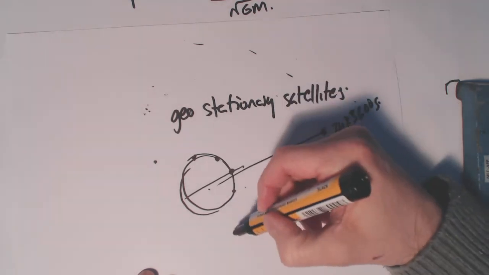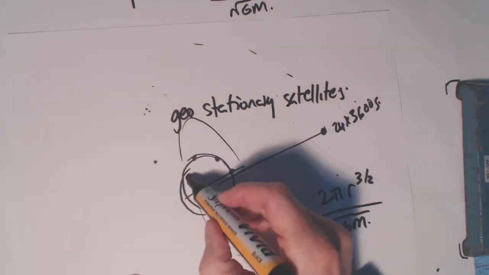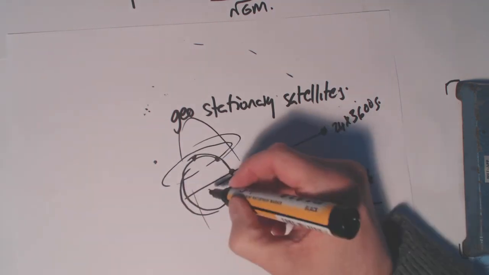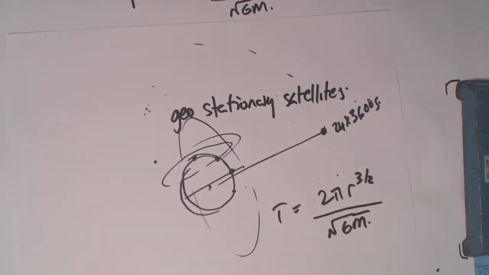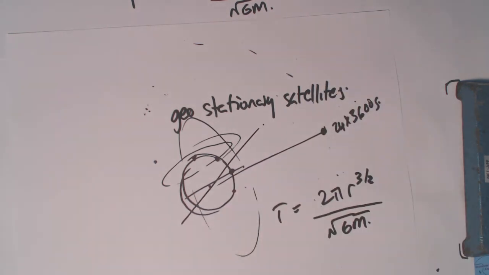So if you're going round an orbit, a polar orbit, you're not going to stay in the same position, all right? And you can't have a satellite just going around that bit. The satellite orbits the center of the Earth, all right? So if you had it off center a little bit, you're not going to get a geostationary satellite, so it's got to go around the equator. All right,